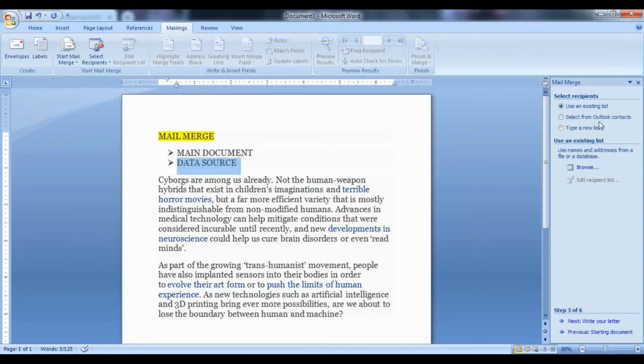Otherwise, you can also use your Outlook contacts. So if you have an account in the Outlook, you can just use your Outlook contacts to send this. Otherwise, you will choose the third option, that is type a new list. Since I don't have any list prepared, I will click on the third option, that is type a new list. Now in type a new list, you need to just click here on create.